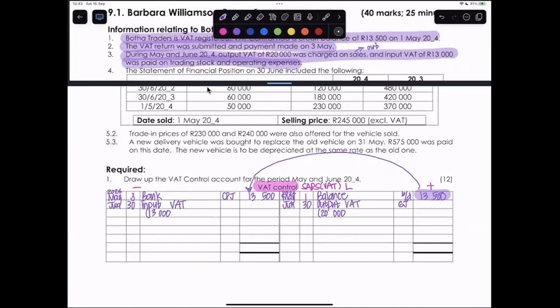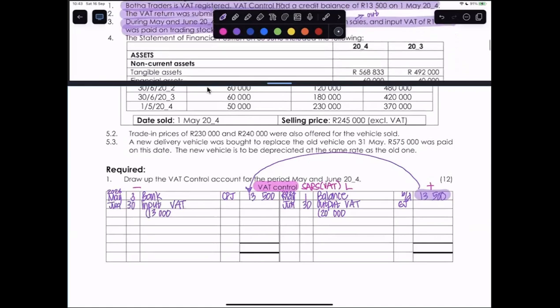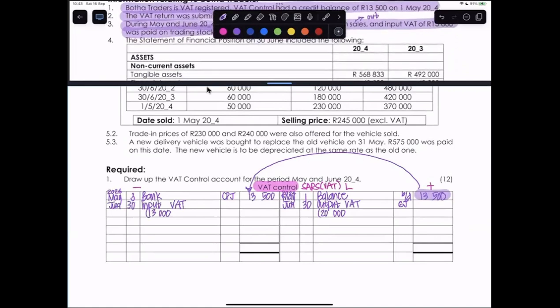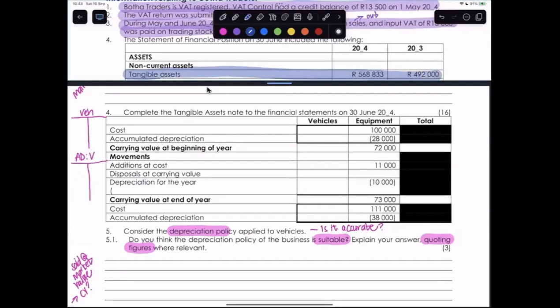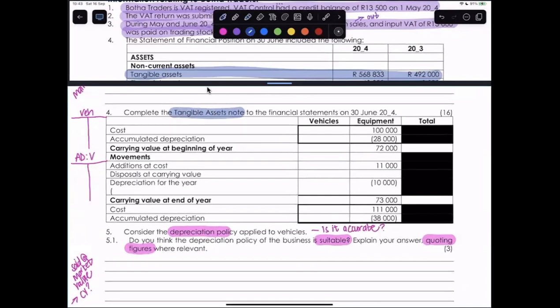The statement of financial position on the 30th of June included the following. In non-current assets, we can see that we've been given tangible assets. Now, tangible assets is over here in the note. The fact that I've been shown my actual statement of financial position means those figures would have come directly out of this note, because the note is where you would show all the calculations of how you got the figures on the face of the statement of financial position. Now, obviously, those amounts are the totals, and it would be the total carrying value. So the beginning of the year would be the 492,000, and the end of the year is